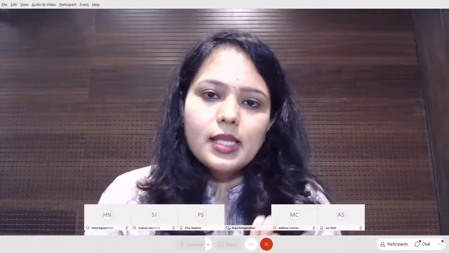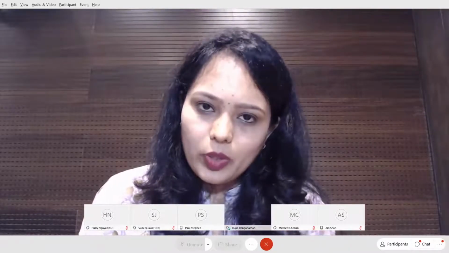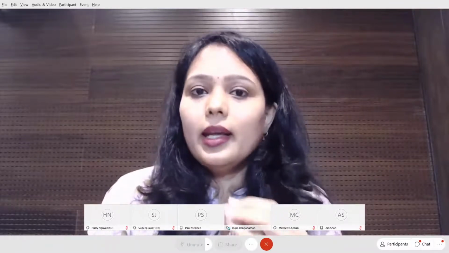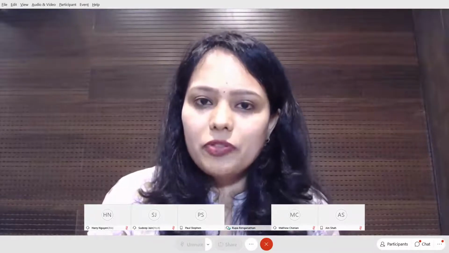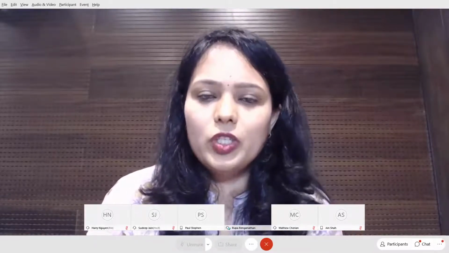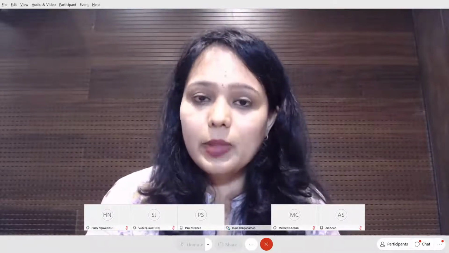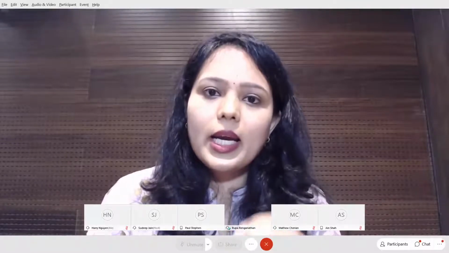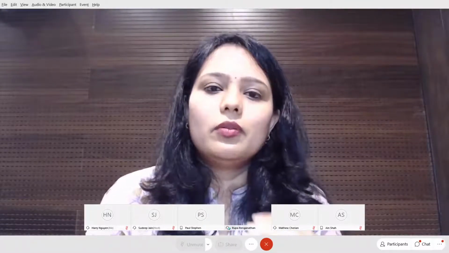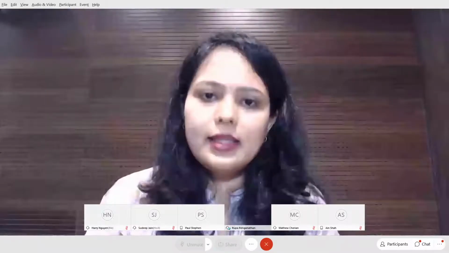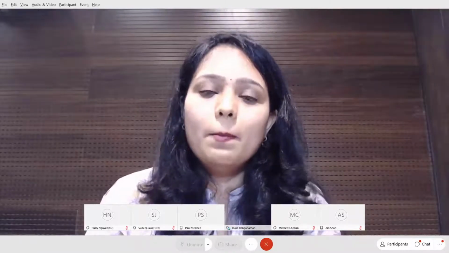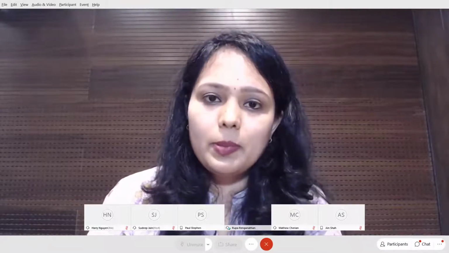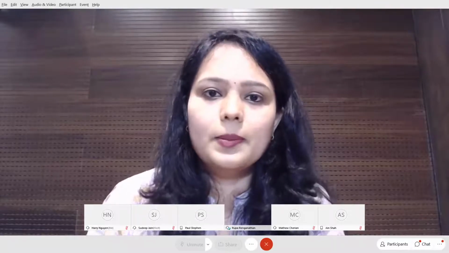So though the literature says elastography can downgrade a 4A or upgrade a BI-RADS 3, I personally feel upgrading a BI-RADS 3 makes a lot of difference to the patient, because we save her life. We don't send her and ask her to come back after 6 months. She may or may not come to us. So even for those circumscribed, benign-appearing lesions, it's always good to see the elastography so that we don't miss benign-appearing cancers, which are actually seen in younger people and are more aggressive, like triple negatives.